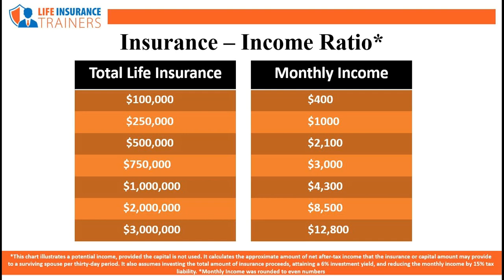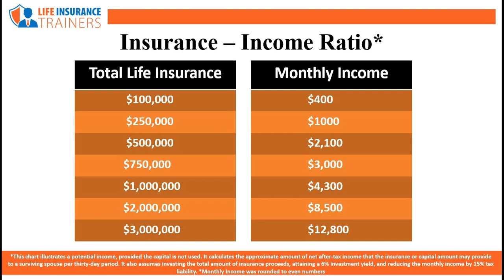And again, I'll pick on you, sir, because us men, unfortunately, statistically, we go first. So you died. Your wife had $1 million in life insurance on you. She told me, Mark, invest it and try to average me that 6% rate of return. So we did, and we were successful, and we sent her $4,300 a month. Do you follow me? Now, she could take the $1 million principal and pay off all the debt, but then she would not have the leveraged income, right? And that's fine. That's her money to do what she wants.